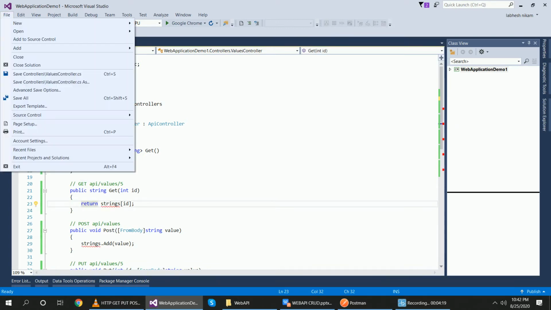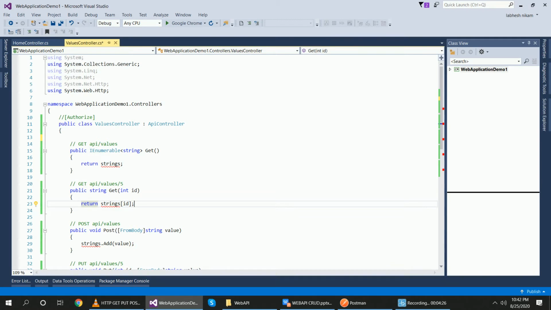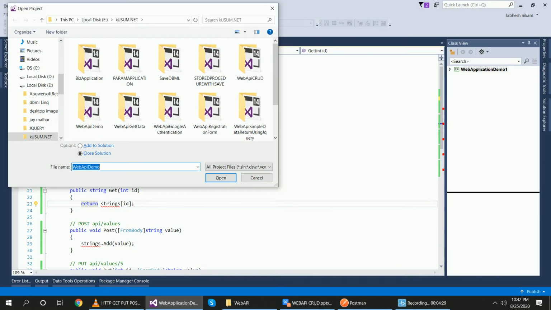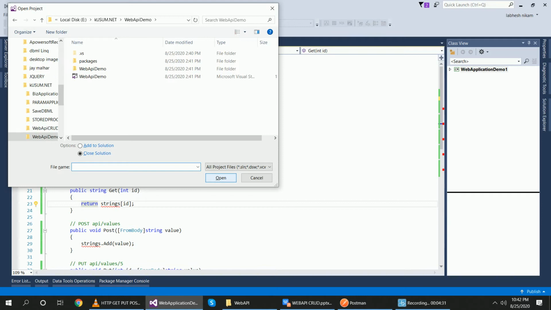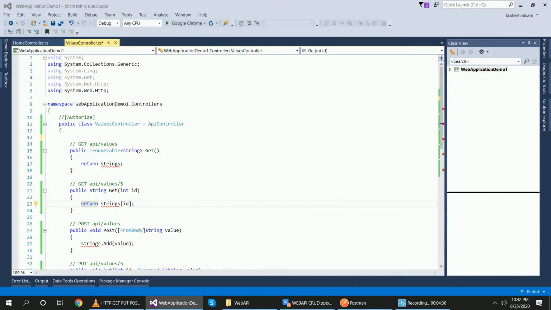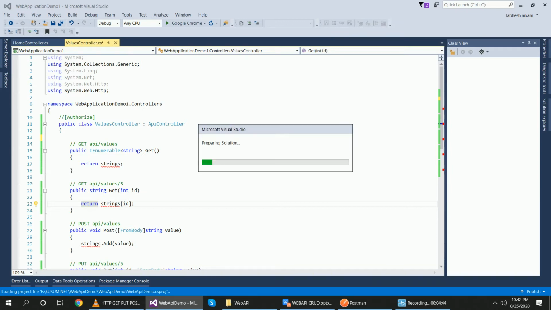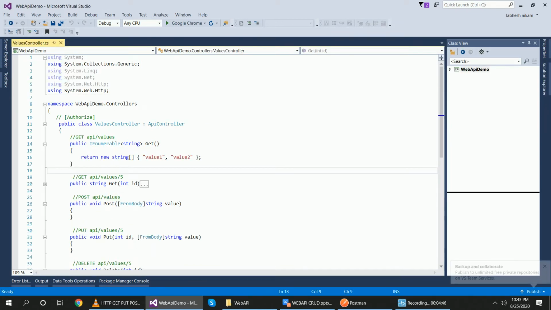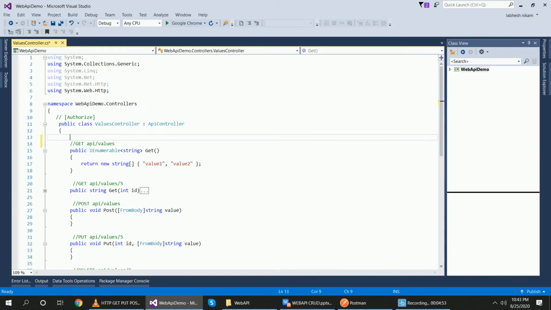Okay, create new project. I already have one project and I am using that one. This application has a Web API controller and now I will create data using strings.